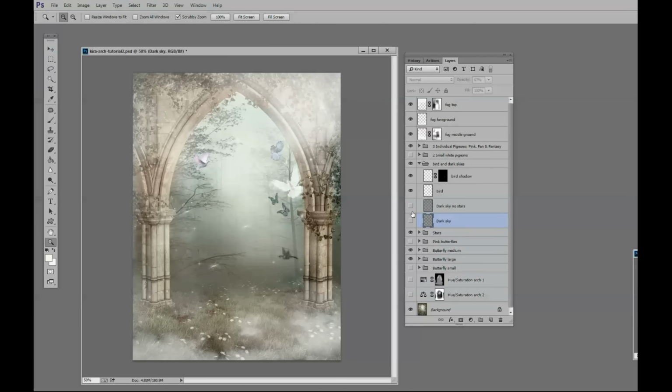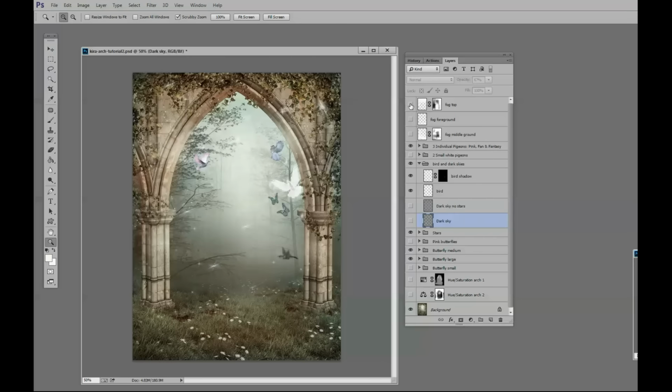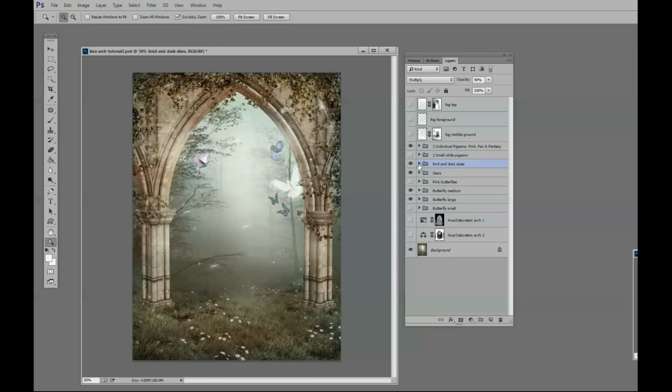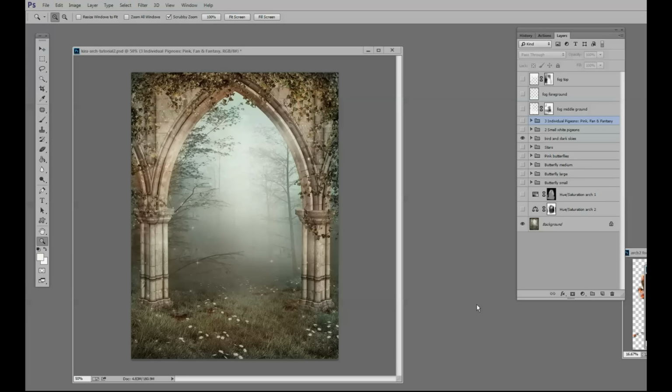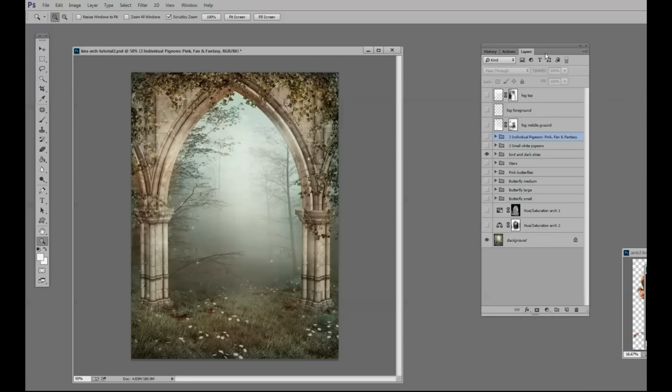Okay, so let me now disable the fog and the dark sky. I will not need the bird right now. Okay, let me close it. I won't need these pigeons to work, and I want it in full color. Okay, let's start composing our image. As you can see, I disabled all the embellishments. Now what I need to make sure of